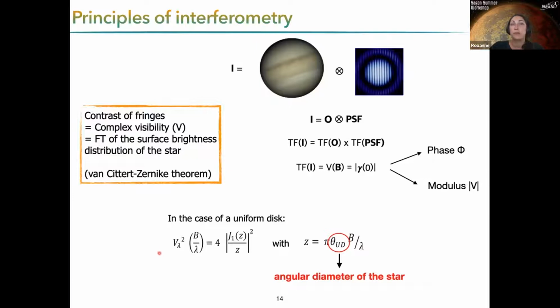you can say that the visibility that you observe is related to the Bessel function. And this Bessel function has as a parameter the angular diameter of the star. So it's a bit complex, but actually